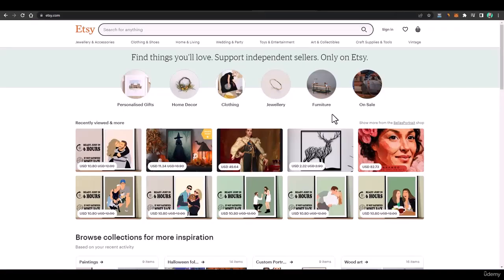And the second way to make passive income from these prints and these arts is Etsy, where you can sell digital art and physical art as well. And I showed you in the example back in the course, where people are generating hundreds of thousands of dollars by selling their digital art built using AI, and you can do the same. So this is the platform.